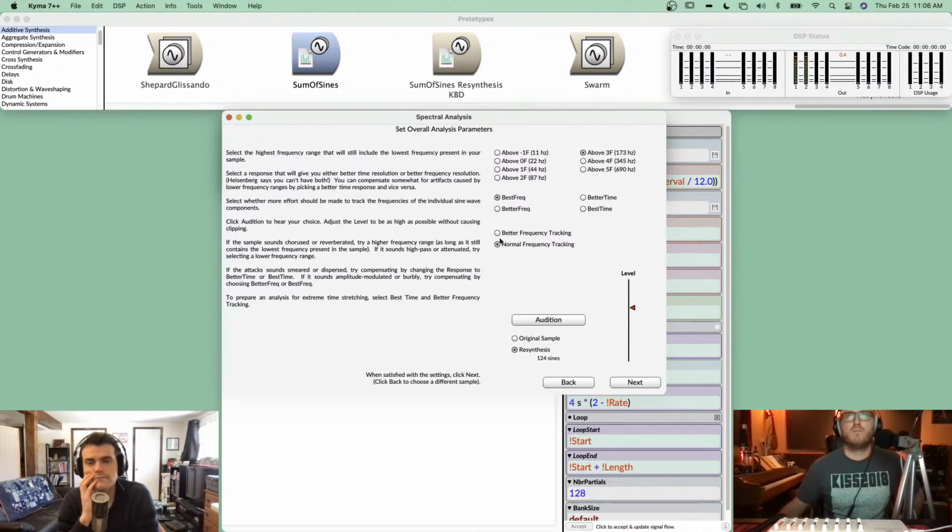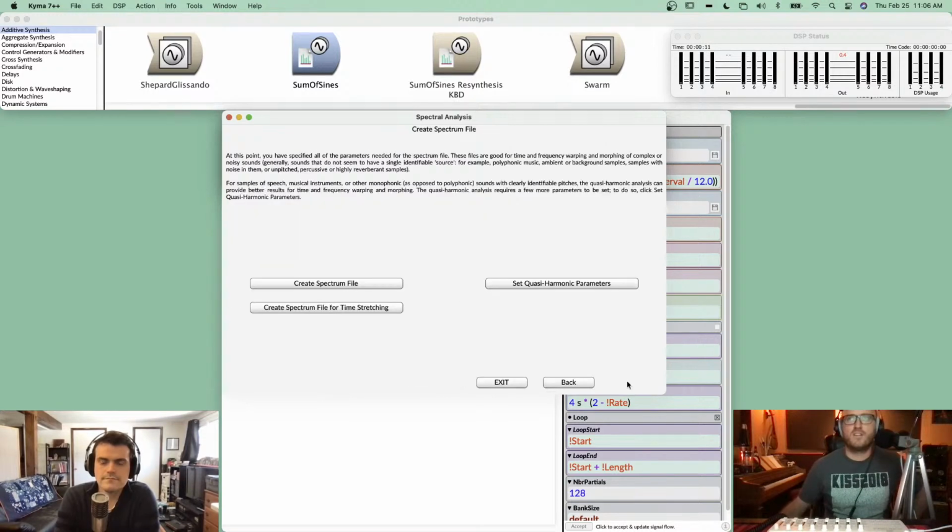That sounds about right to me. Sounds good. Cool. So now we can see that this is 124 individual sine waves for this resynthesis. I'll click next. And one thing I'm going to do, we could get a spectrum file right away from